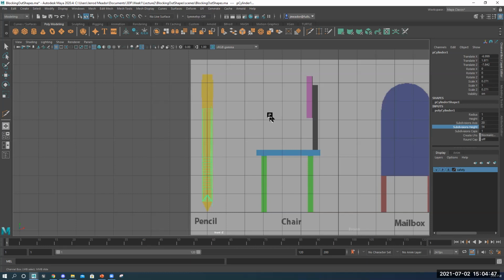Preferably, I should have looked at my pencil and strategized a little bit more. But in your current situation, this sounds mean, y'all don't know enough to strategize. All right, that's going to happen. The only way that you can strategize is if you know enough to strategize with. So what do you do in this situation where you've already started modeling, but you need those extra edge loops? Well,